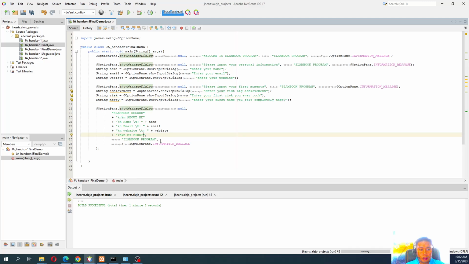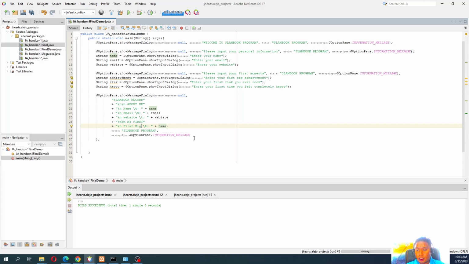So for my first, we have the first big achievement, and you are going to use this variable achievement for that output, and just copy another line,